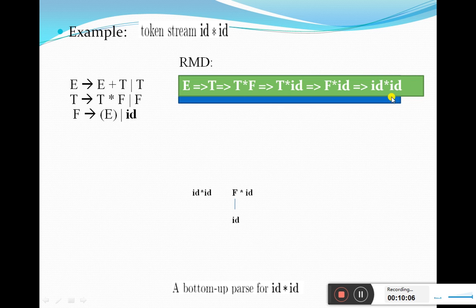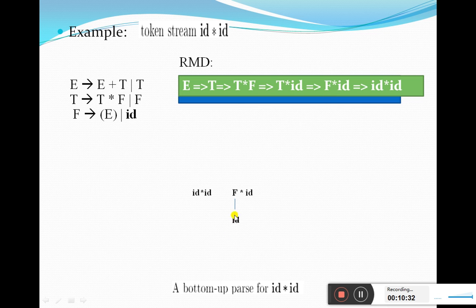The sentence is also a sentential form, but it contains only terminal symbols. And these are called purely sentential forms because every sentential form contains at least one non-terminal. So they are called sentential forms, particularly right sentential forms in this case.